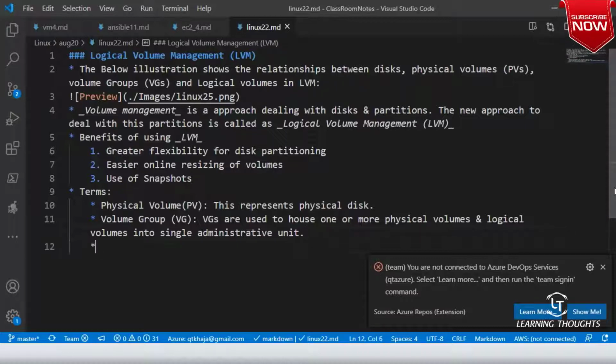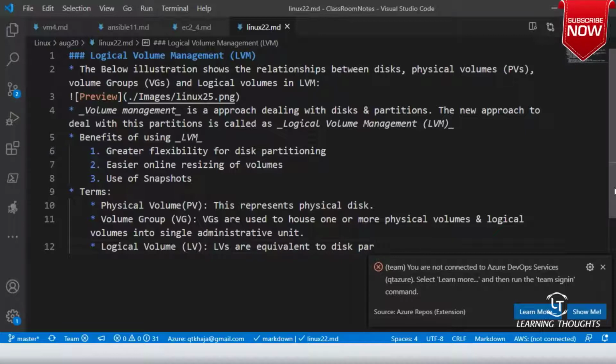Okay. And then logical volume. This is a new concept, right? So LV. All right. So logical volumes are equivalent to disk partitions. A logical volume appears as a standard block device.